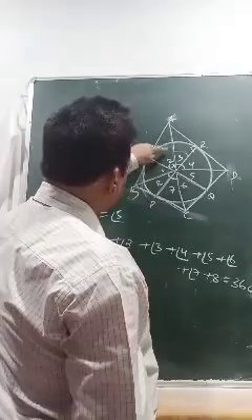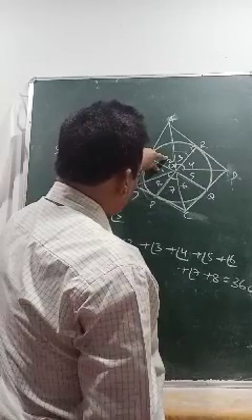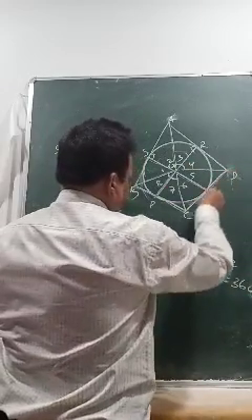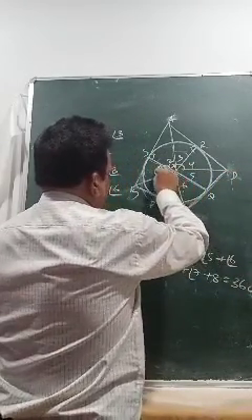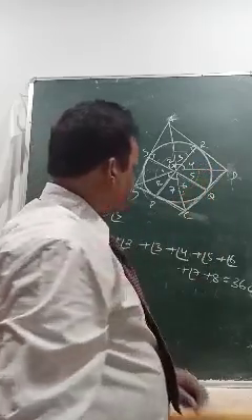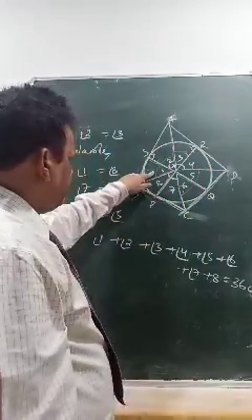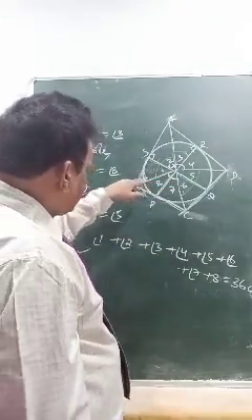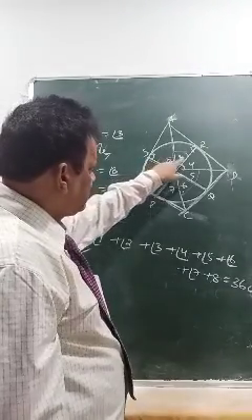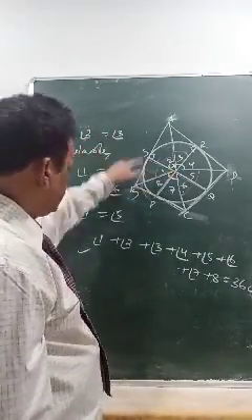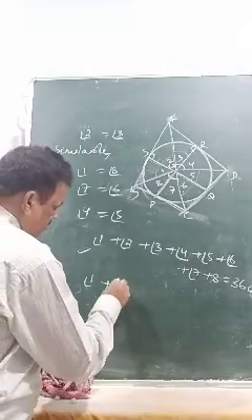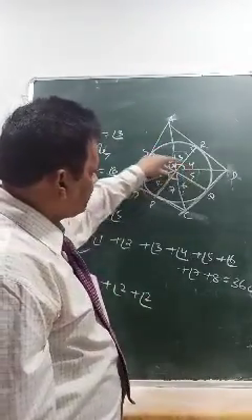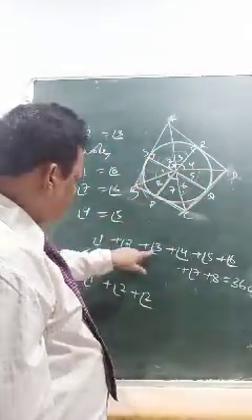the angle of AB, which one? 1 2. The 1 2 relation should be equal to its opposite side, 5 6. Means you have to create a relation between 1 2 and 5 6. So 1 I have to keep. In place of 3 I have to keep 2, since 3 is equal to 2. So 1 plus 2 plus 2, because I have to keep 1 2. This and this angle I have to keep supplementary. So in place of 3, 2.